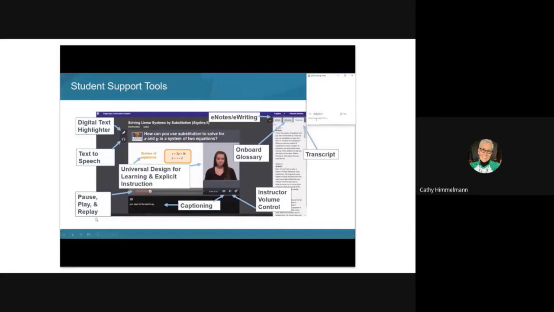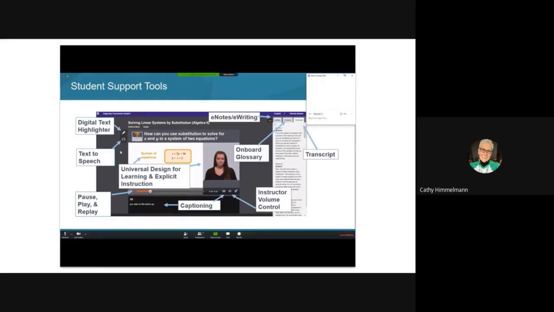So this is what the student screen looks like. And to begin with, this is a certified teacher in the course that he or she is teaching. For example, this is an Algebra 2 certified teacher. She will deliver a warm-up, instruction, and summary video in most of our core courses. Some of the tools that the students have available to them on demand, they have to take the initiative to